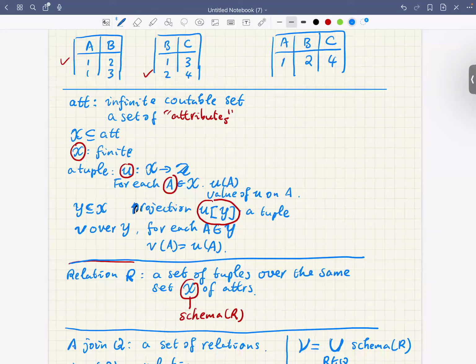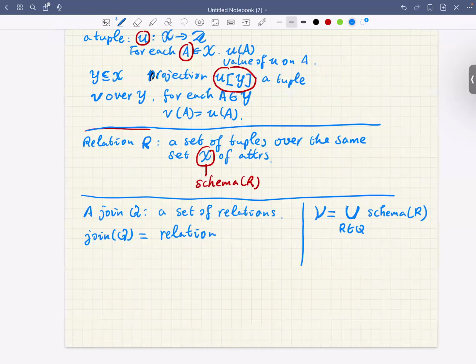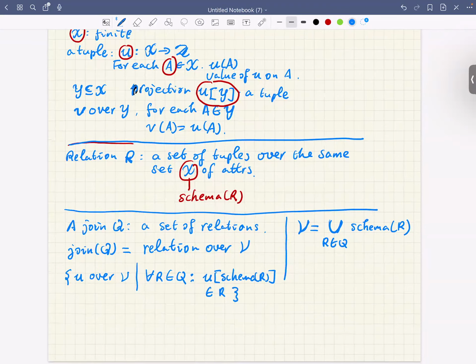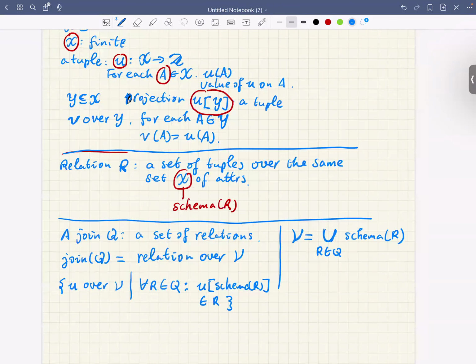Okay, so this relation is over V, defined as follows. This is a set of tuples U over V such that for every relation in the join, the following holds. Let me first give you the mathematical definition, and then I'll explain it. If this is the first time that you see the definition,